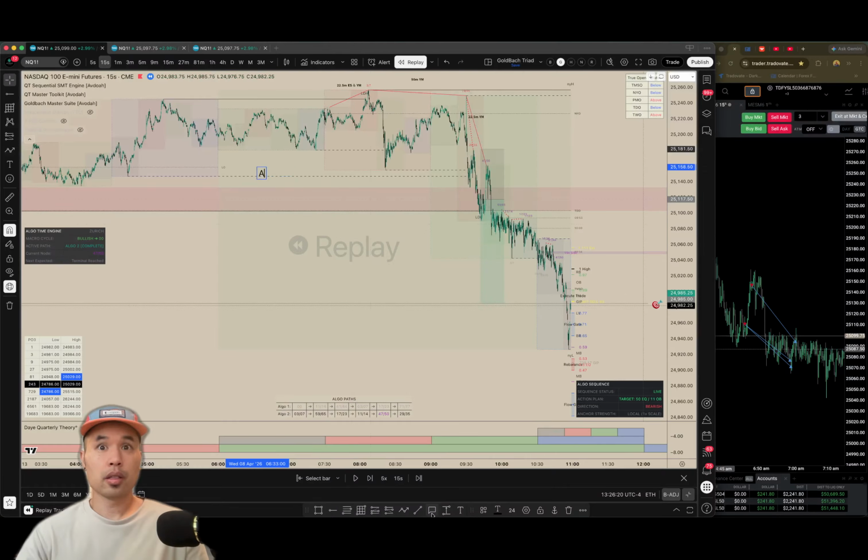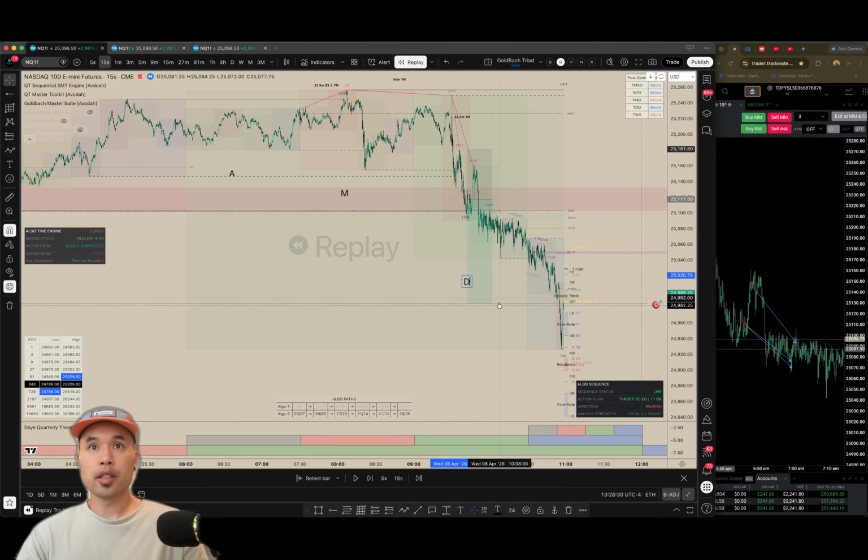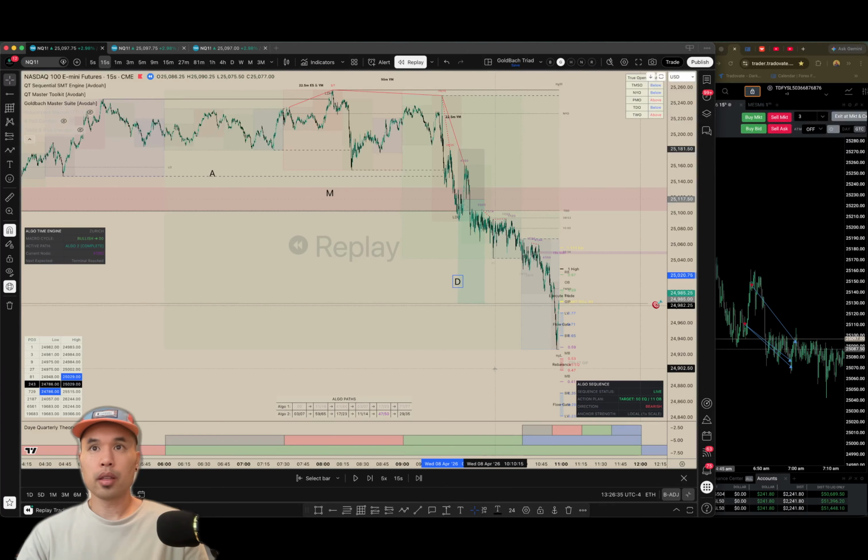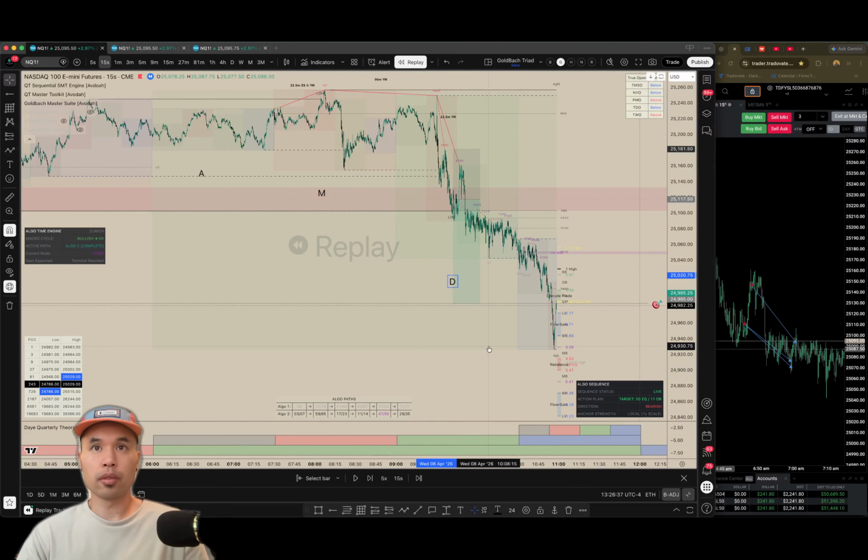So we're looking at A, M, and then looking at distribution. And then the X in this case was continuation. I think we did reverse actually. So it could be a continuation or reversal. I would consider it continuation because we continue to take out